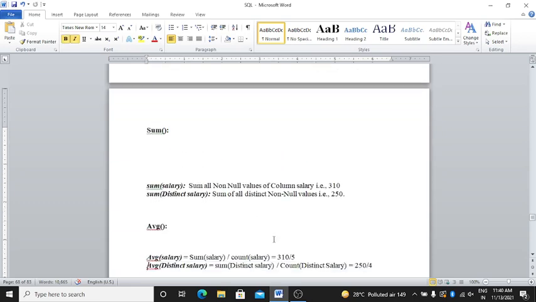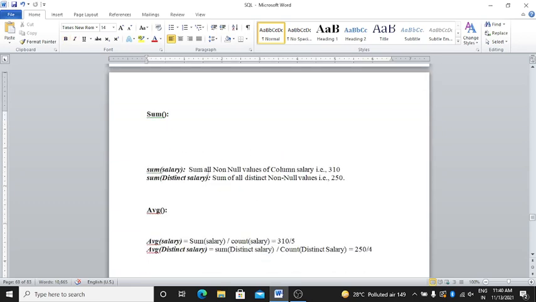Sum is there. Sum salary is the sum of all not null values of the column salary, that is 310.